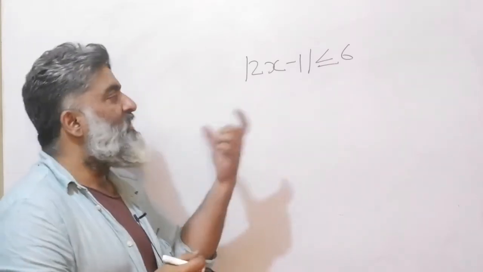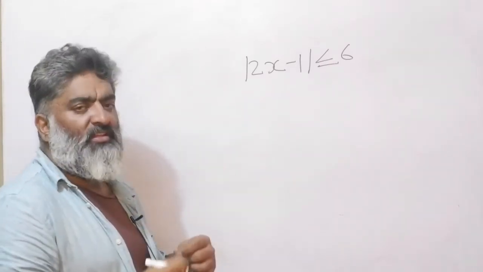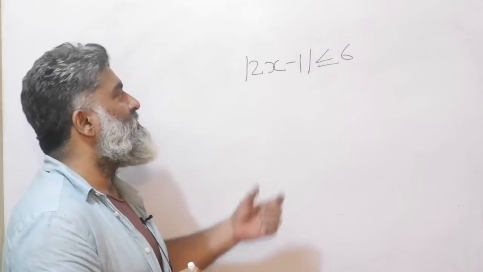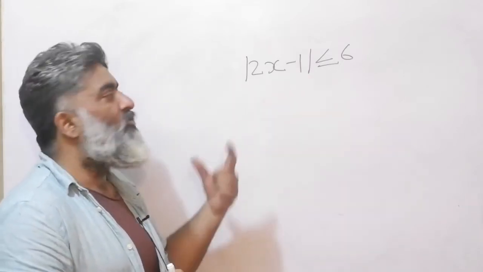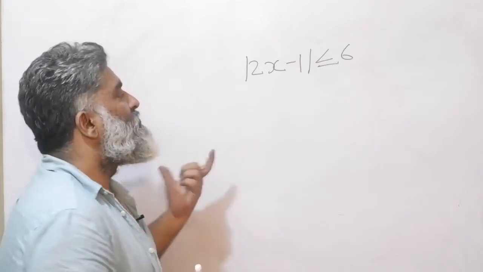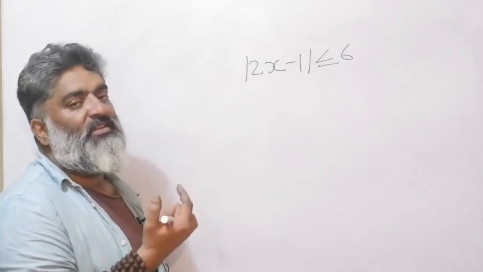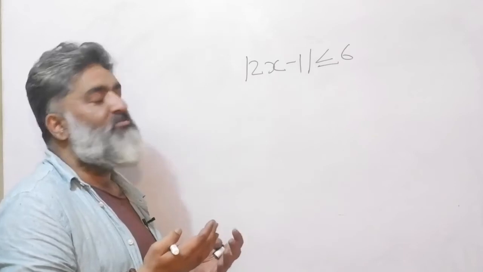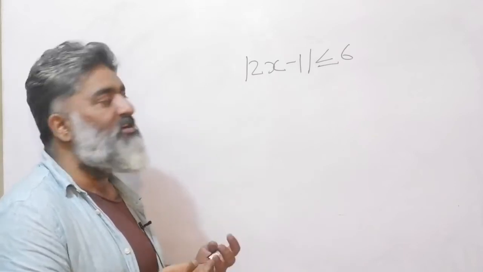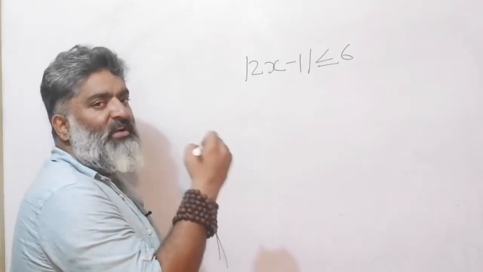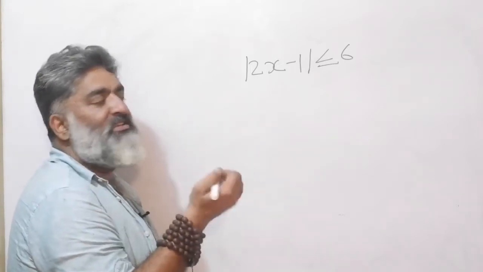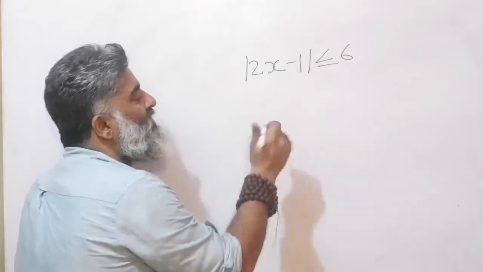So just upping the ante a little bit, complicating the story gently, just step by step. So mod of 2x minus 1 less than or equal to 6, I want to work this story out. So let's start with the standard method first, the algebraic interpretation, and then we'll go for the distance interpretation. We want to master both of them, and you will see, if you're comfortable with what we did in the basics, everything is the same except the inequality sign, right?